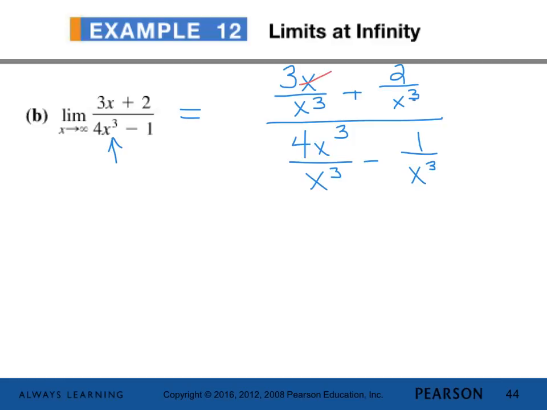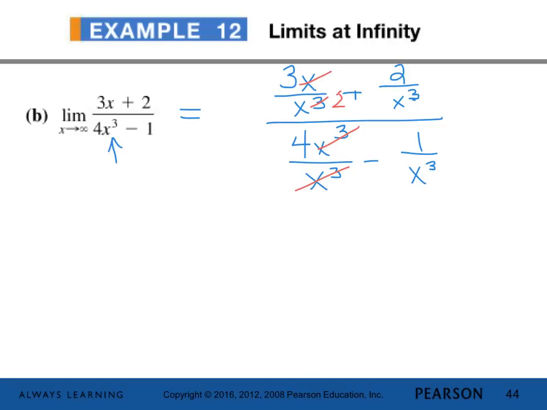Since there's one x here, this becomes 3 over x squared, because 1 minus 3 is negative 2, and the 2 stays in the bottom. This x cubed cancels this x cubed. So what we have now